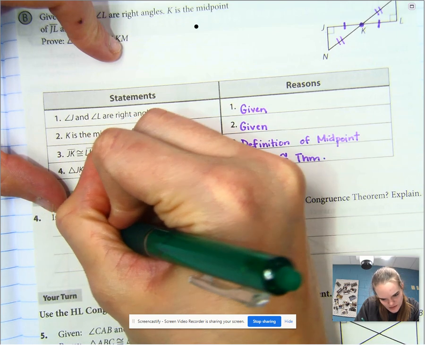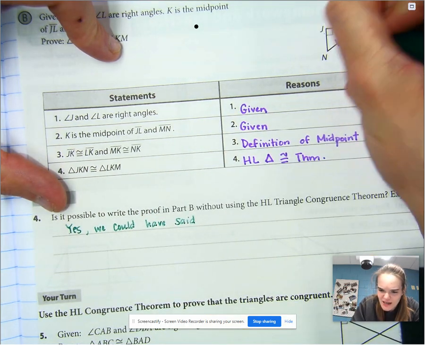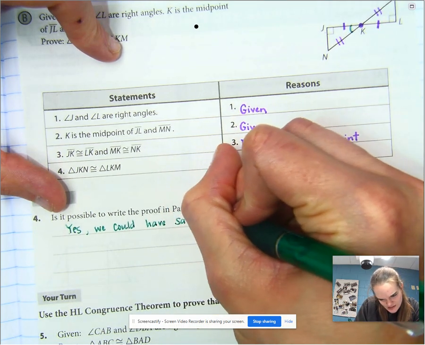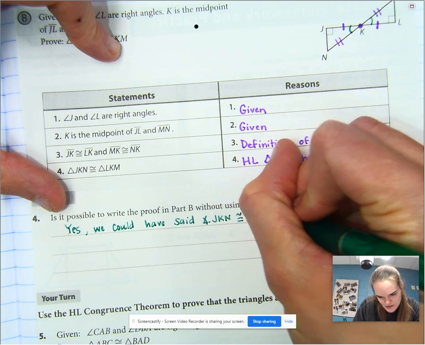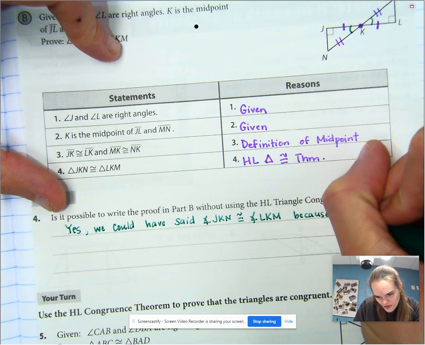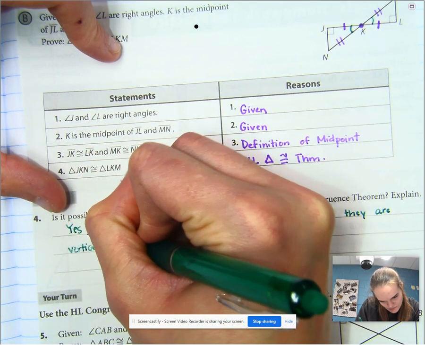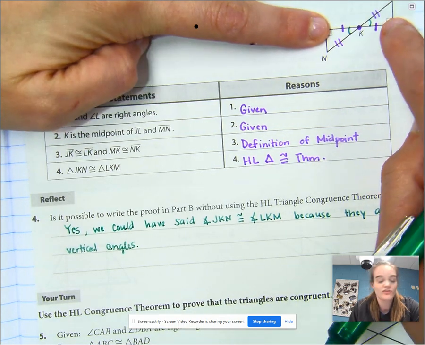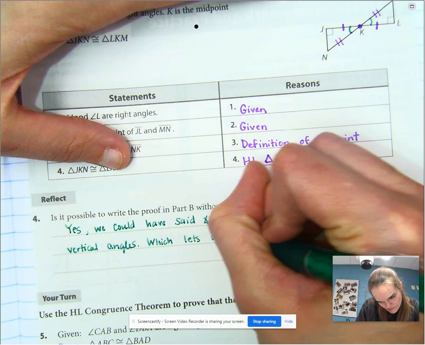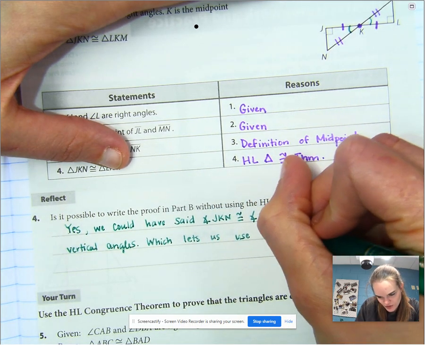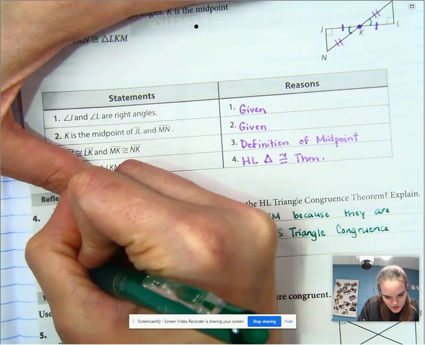We could have said that angle JKN is congruent to LKM because they are vertical angles. That then gives us side, angle, side. So that lets us use the side, angle, side triangle congruence theorem. So that goes back to, it takes me a little longer to grade something with a proof